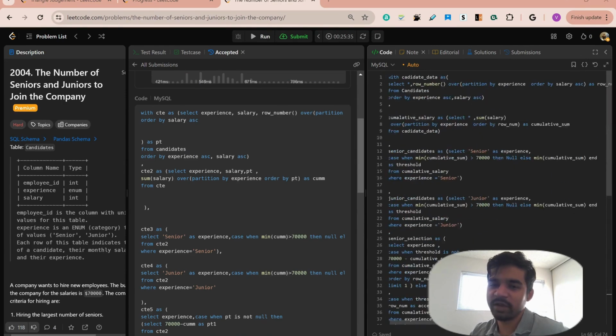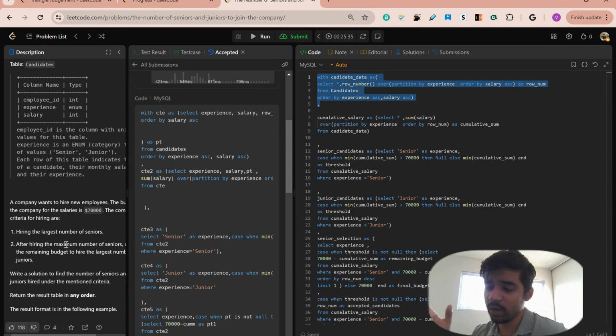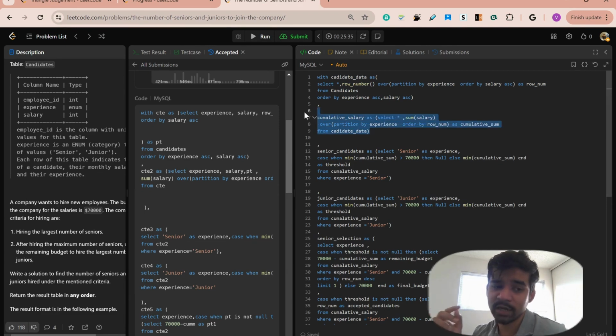So for this problem, what we had done in the initial code, first we ordered it properly by salary and experience, because we are looking for the base salary, that is the minimum salary, and for the maximum salary. The question itself says that we need to hire the largest number of people. So that's the reason why we need all the people with the minimum salaries first and then the maximum salary. Calculate the cumulative salary. Cumulative salary is important because in that way you will be subtracting it from $70,000, and the record that goes above $70,000 and we get the remaining budget as negative,